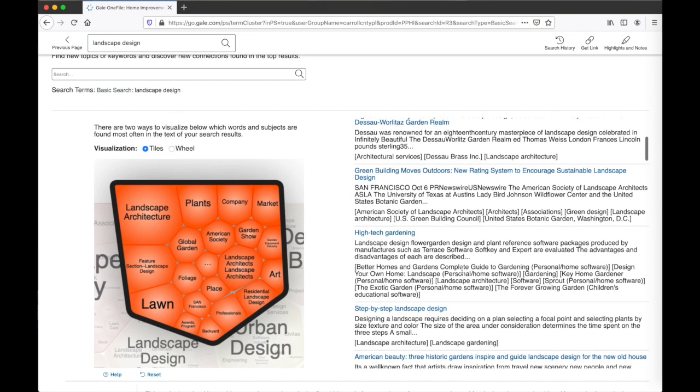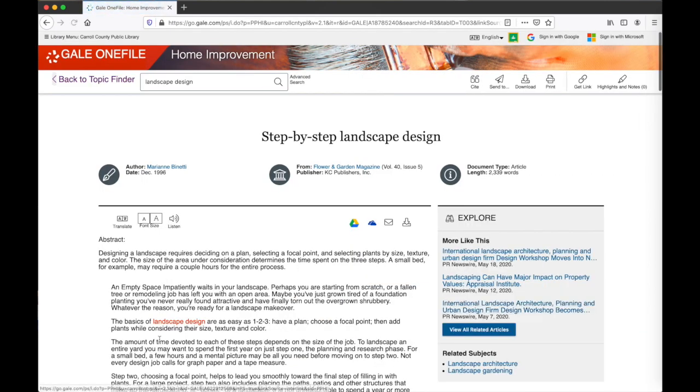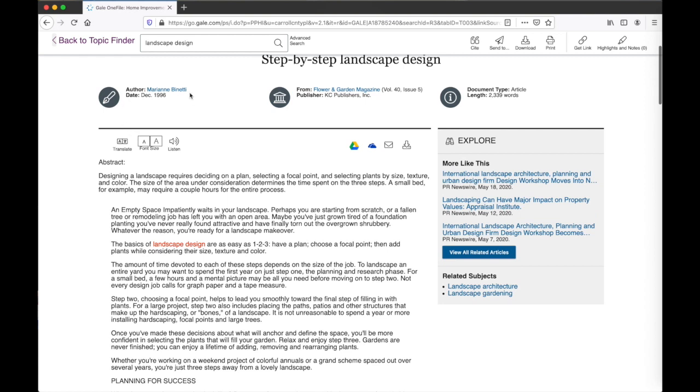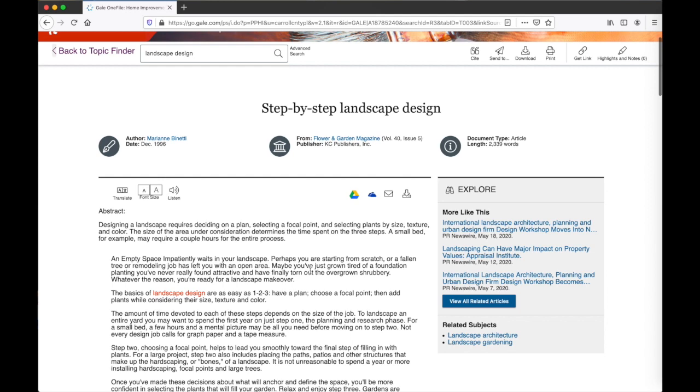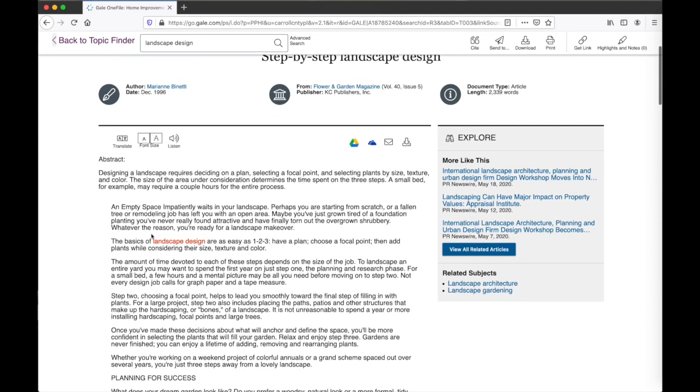So, here's high-tech gardening, step-by-step landscape design. This might be really great. And here's a really nice, deep article, but you'll see the author and publication dates here at the top, where it's from, what kind of document it is, and the length of that document. And some of the cool things you can do once you've found a resource is, if I'm interested in this,